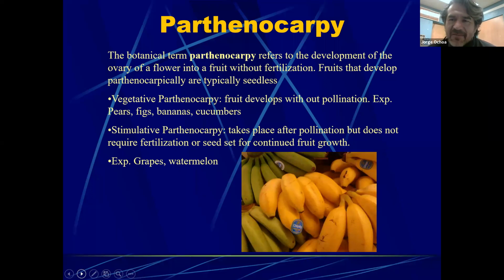So it's kind of like a phantom pregnancy if we were to compare it to humans, where the plant thinks it's going to be producing the seeds, but in reality, they will not. And so certain plants do have this ability of creating the fruit without having to go through the process of pollination and fertilization, and a few other examples include the figs and the cucumbers and a few other plants that will do that.